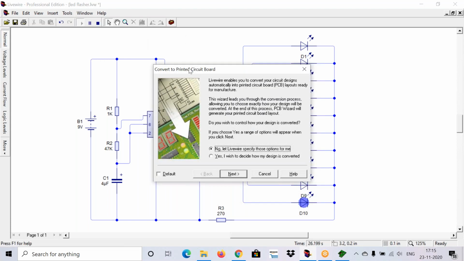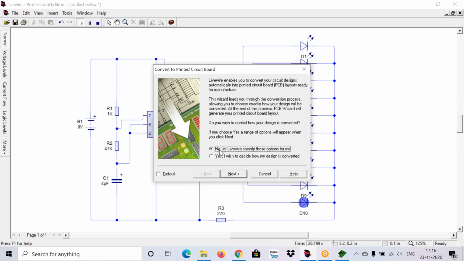If you click on it, it will open a Convert to Printed Circuit Board window like this. Here you will have two options. The first one is, no, let Livewire specify those options for me. Those options are the sizes and shapes of the components, the shape of your board, etc., and you can change the track width also.